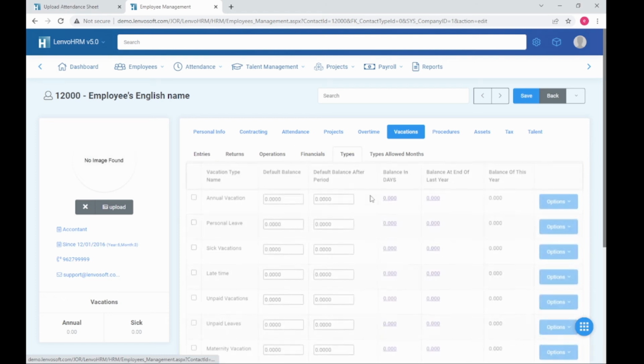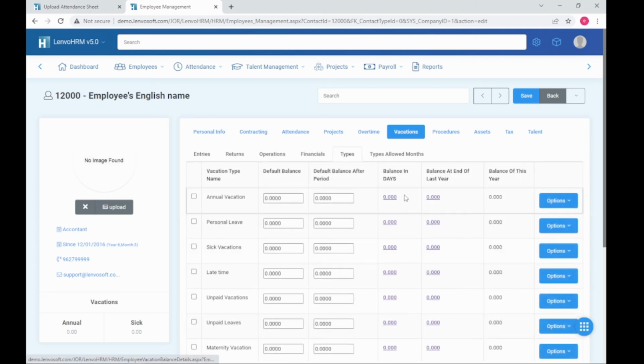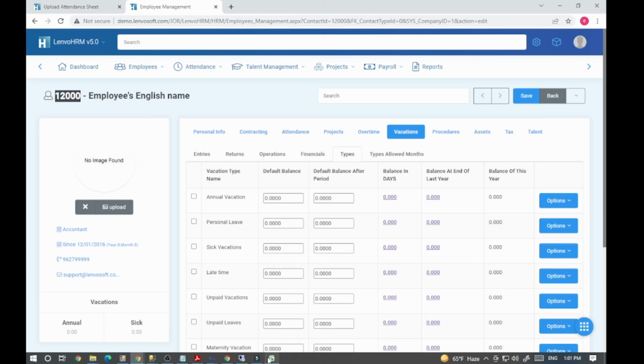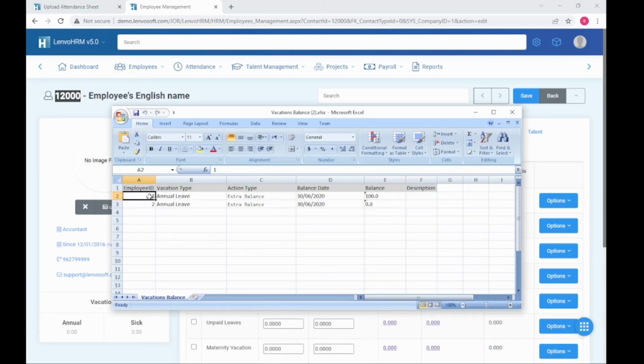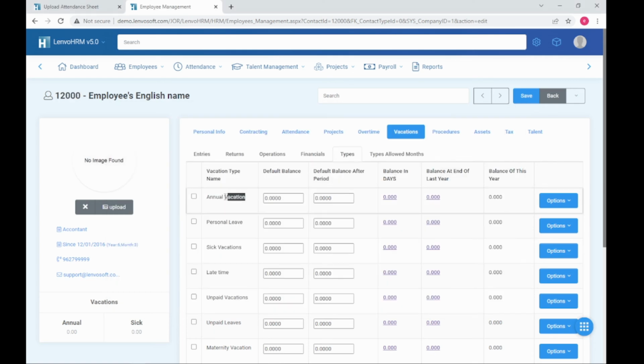Going to types, we can notice the vacation balance is 0. So we will start with the employee number, vacation type, annual vacation,